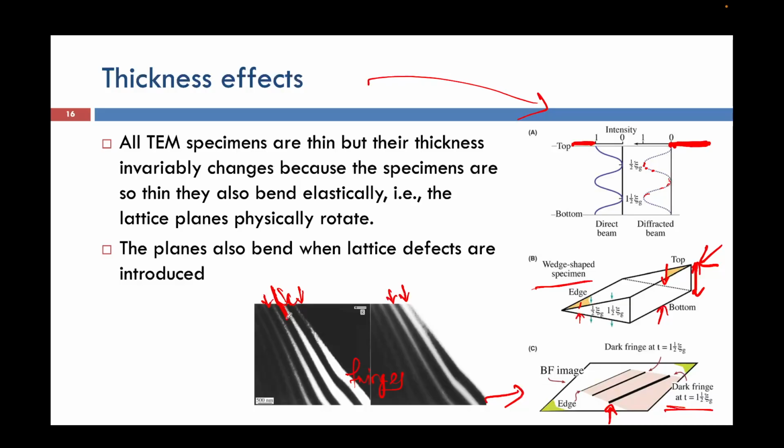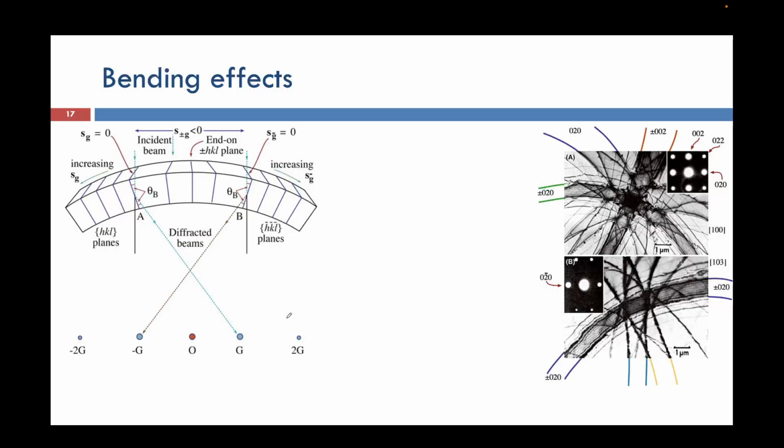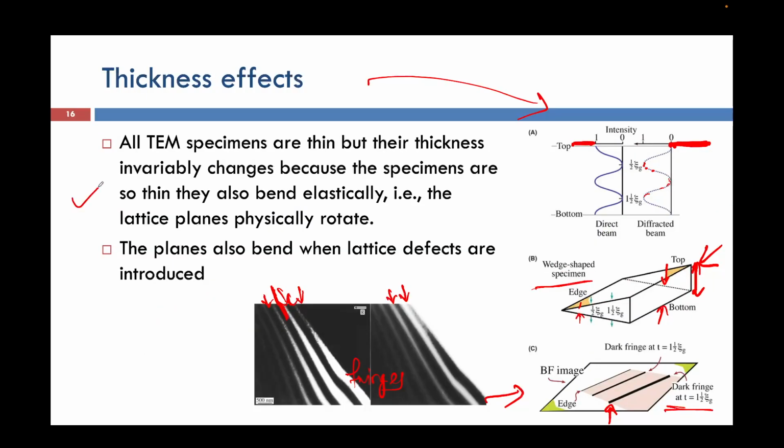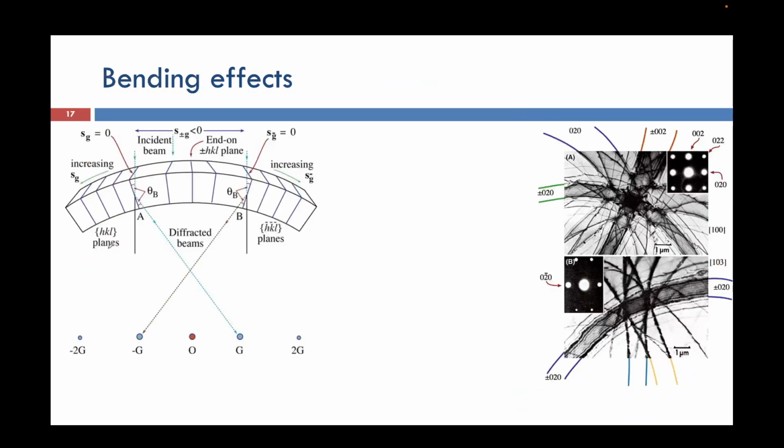So this is how we see the fringes in our material. And now that we have talked about this bending effect, and why this bending takes place from these two points, we can say that eventually the bending will take place. Now, if the bending has taken place, then let's say my